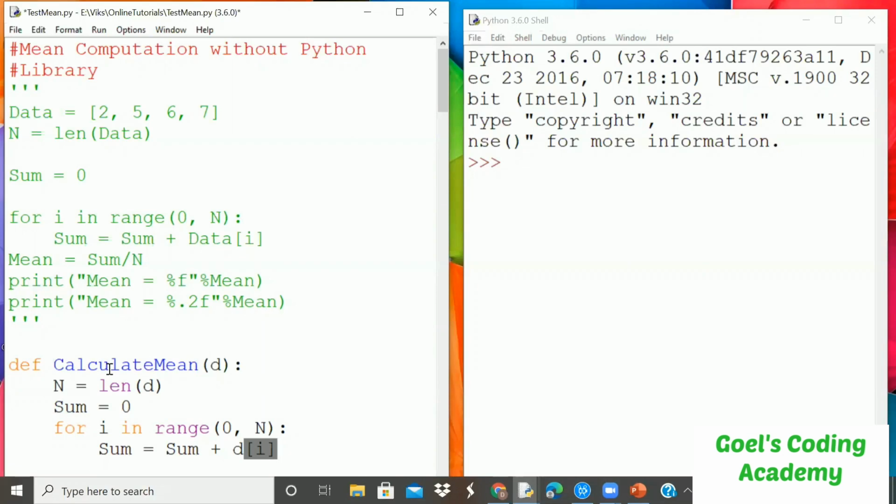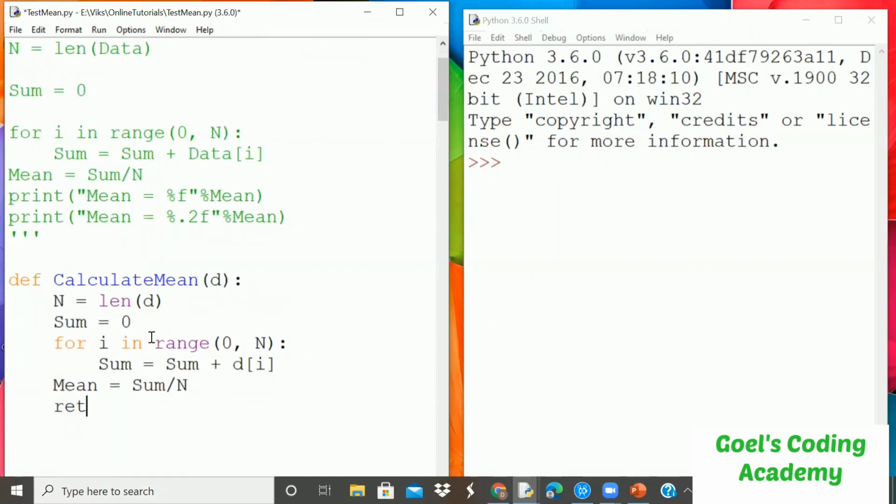Here we will use d[i] because d is the array that has been passed from the calling function. So mean is now calculated again, equals sum divided by n, and this value is returned to the calling function, like this. Now we will call this function.